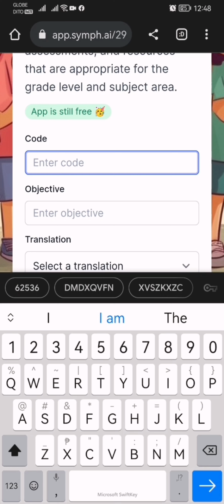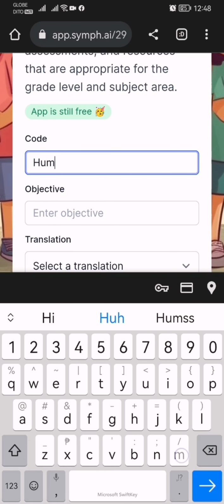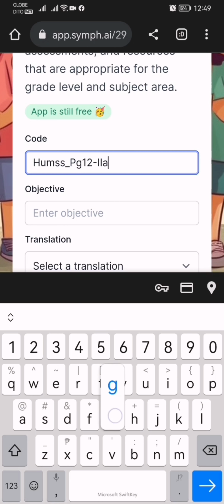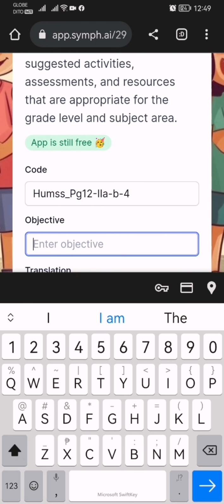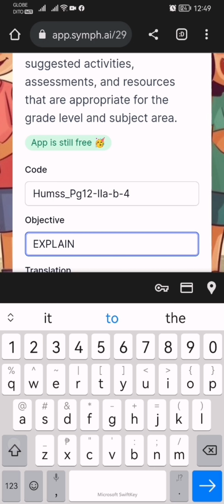Okay, say for example, gamitin ko yung HUMSS PG 12 IIA-B-4. Tapos yung objective ng MELC na to, that is to explain, bigla nakakaps lang, explain how